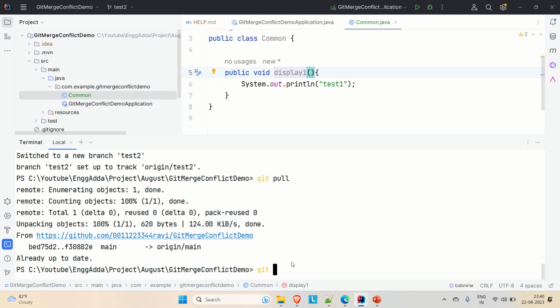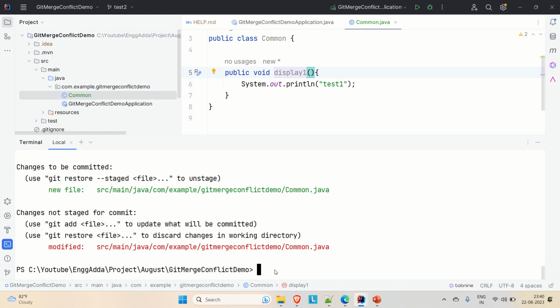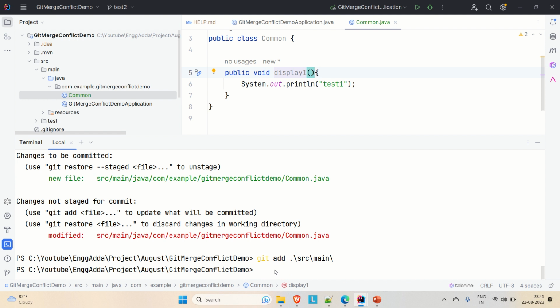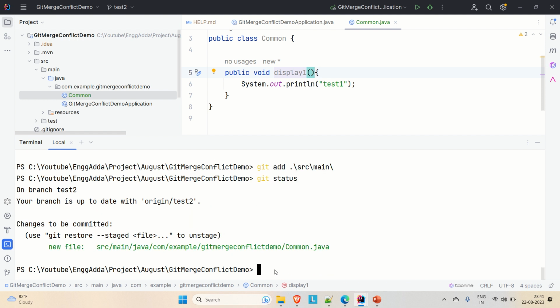Okay, so we made the changes in the test2. Now the time is to add it, commit it and push it to the test2, and then we'll create a PR against the main. So first of all let me see the status here. So this file is changed. Now do a git add with the location, and again check the git status. So the new file is added. Now let me do a git commit, let's say test2 c1,